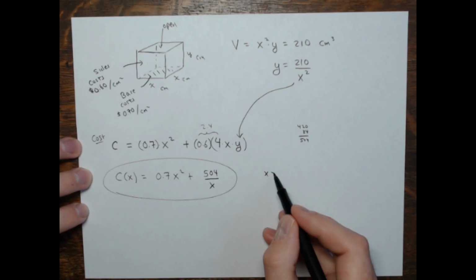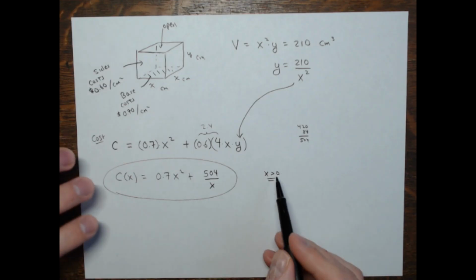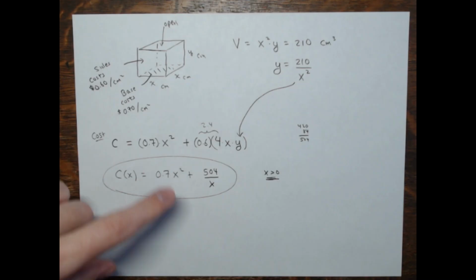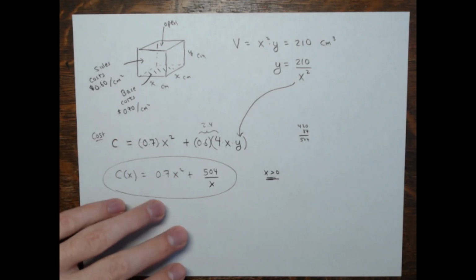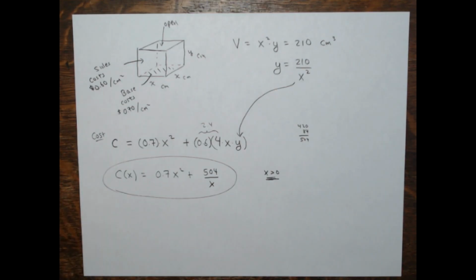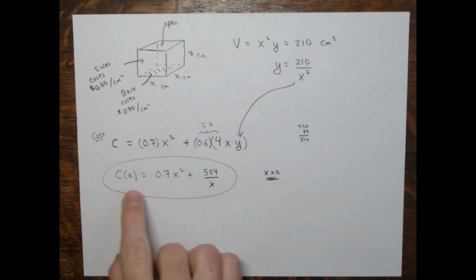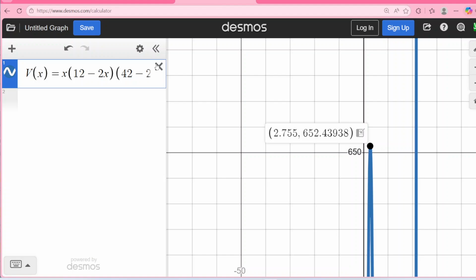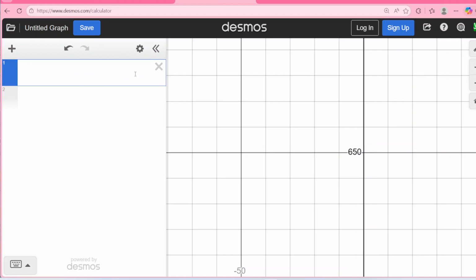And again, the value of x has to be positive, and we're trying to minimize the cost. So again, you could take the derivative, or I did a problem like this before. Take the derivative, find the critical point. And we're asked to round to the nearest cent. So I'm just going to punch this in, look at it for positive values of x, and determine the lowest cost possible. So again, I would call this C of x